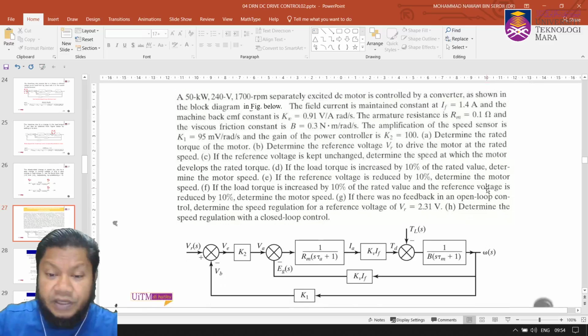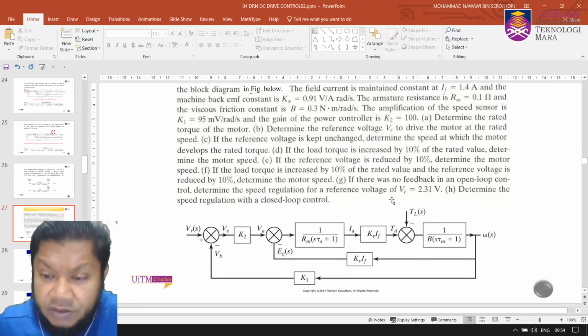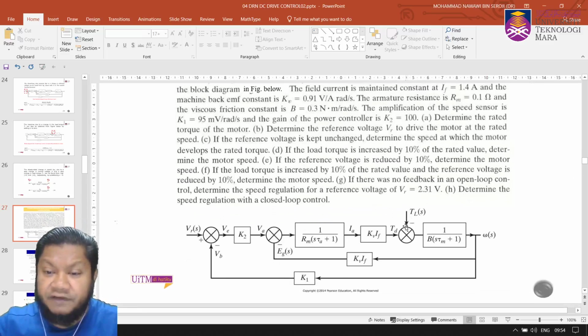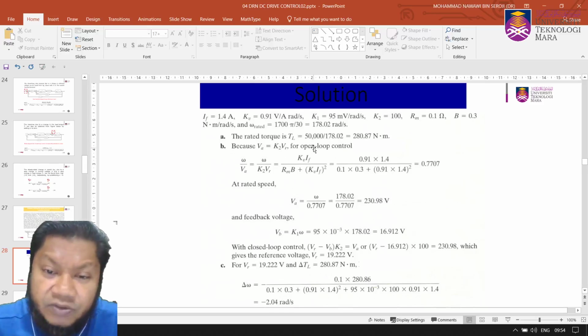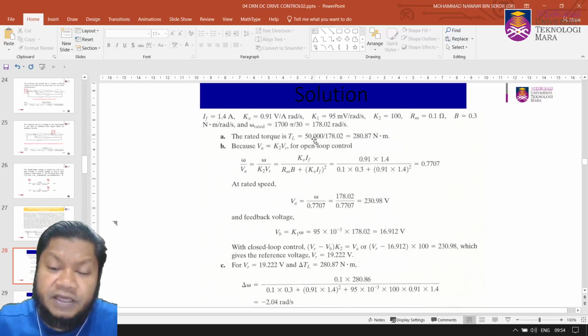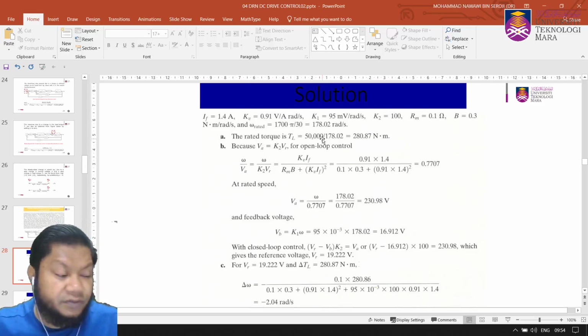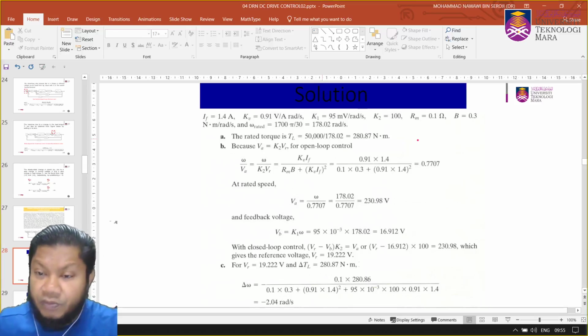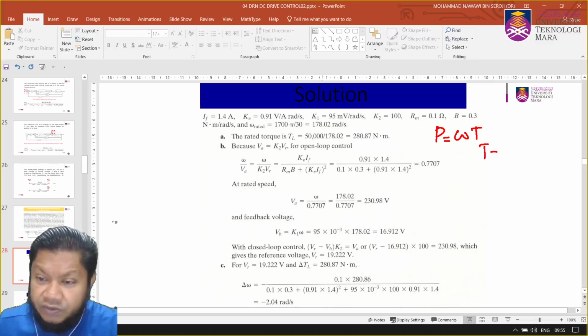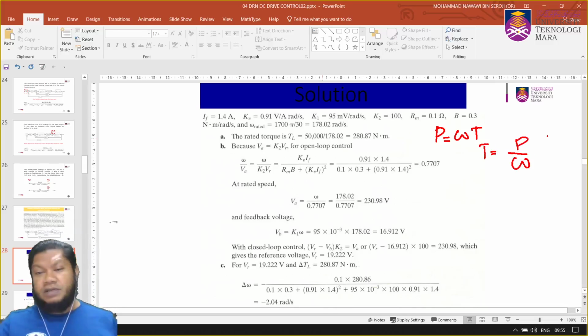Right, so now all the information is given here. So this is the solution. You start with the rated torque, TL equals 50K divided by 17. We know that power equals omega times torque, therefore torque equals power divided by omega. So that gives you